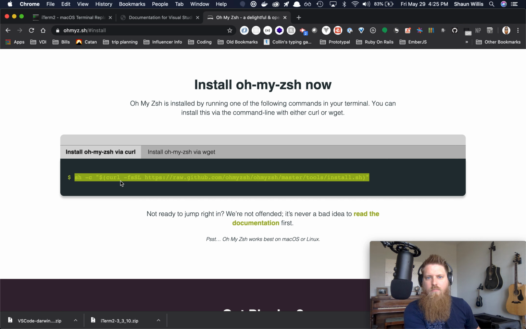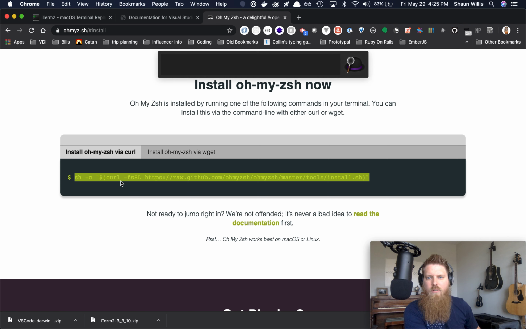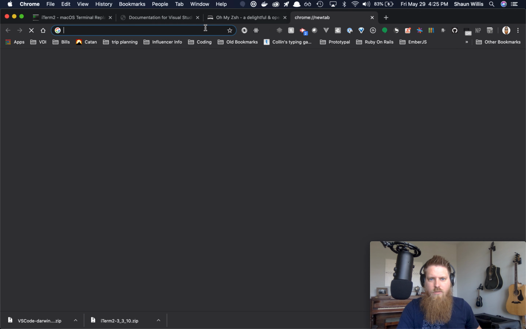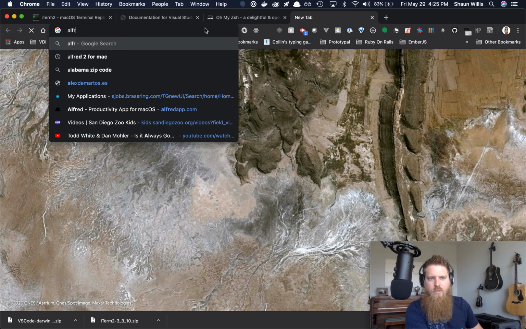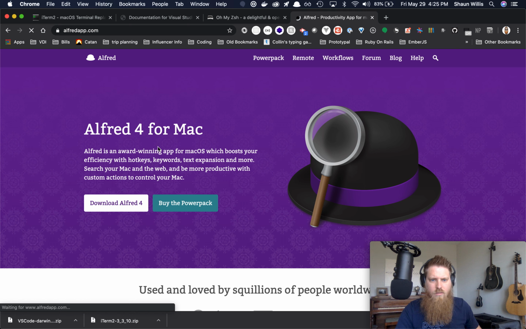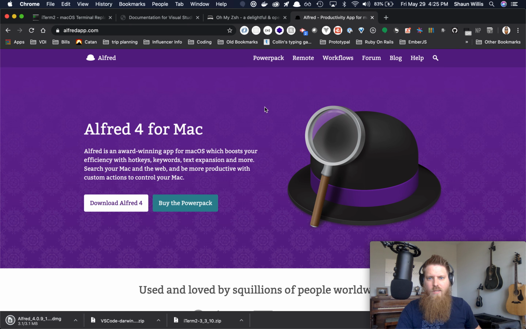So something else, actually, I haven't even mentioned yet, is Alfred. So you'll want to get Alfred as well. Alfred is what I use in replace of Spotlight. So you go here, they're all free, so you don't have to pay for any of them. And once you do that, so before you do that, obviously you won't have Alfred, so you can just go